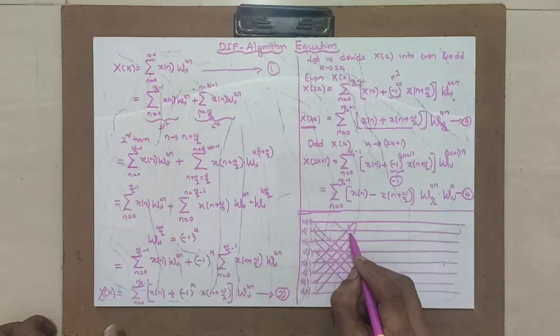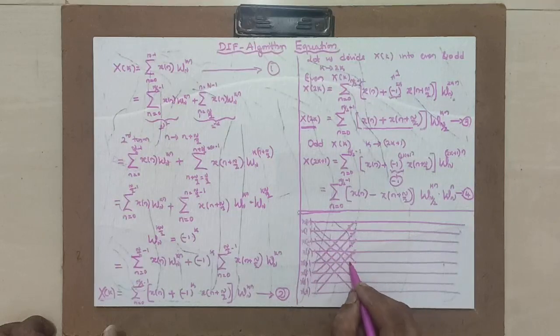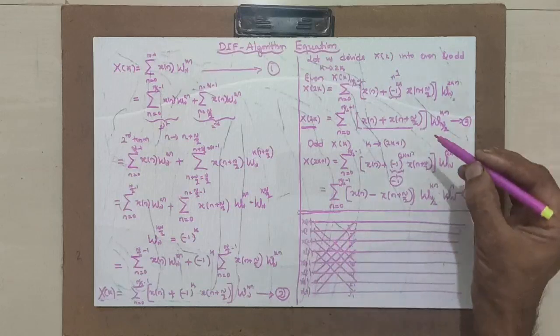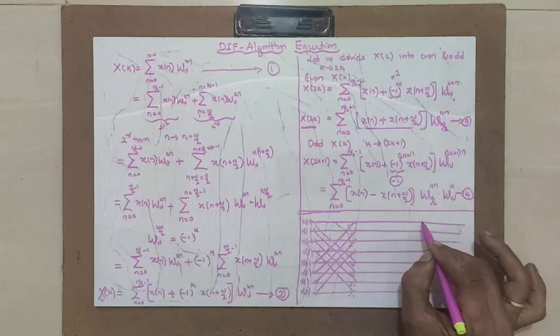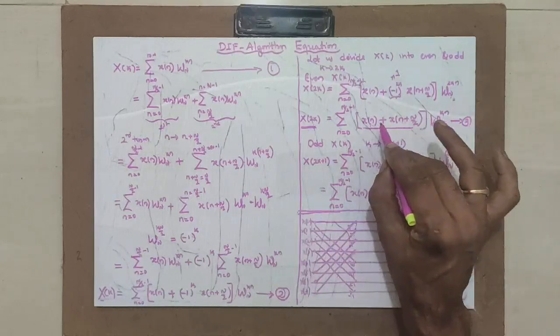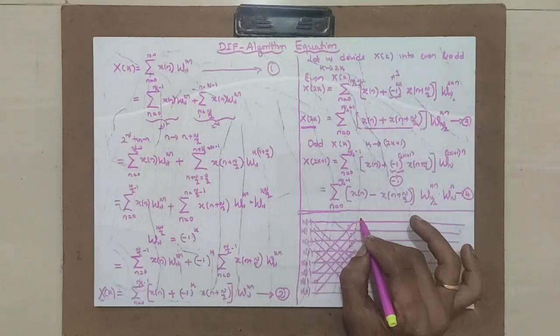I just put the first order. You know that the long butterfly comes in the starting, with minus 1, minus 1, minus 1. You see now, let us compare with the equation. x0 plus x4. What is the meaning here? It leads you towards the even numbers. x0 plus x4 means equation 3. That's what is happening here.